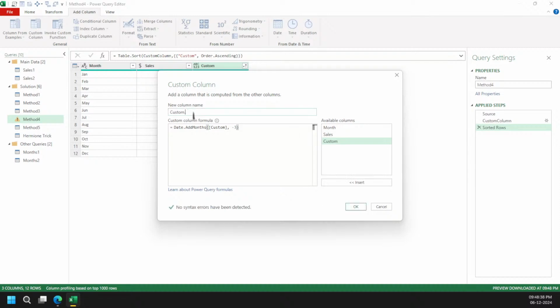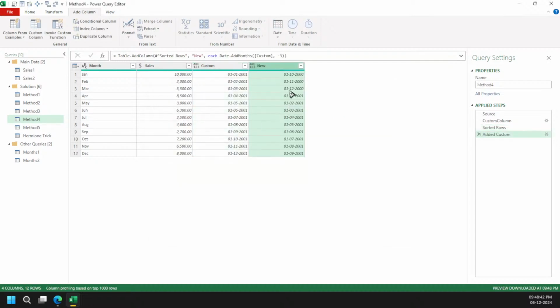you can get the idea, right? So we have figured out something. Here you can see this has become the 10th month, right? So that's one way, and we have got the first month here. April has been changed to January. So now what can we do?